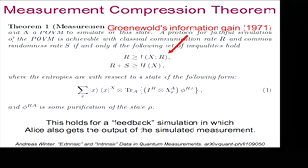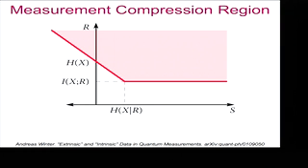Okay. And of course, this is the Shannon entropy. And intuitively, the classical communication and common randomness for this feedback simulation should be at least as large as the Shannon entropy in order for the simulation to be faithful, okay? In order for this distribution P of X to be faithfully simulated. Okay, so now a plot of this region,